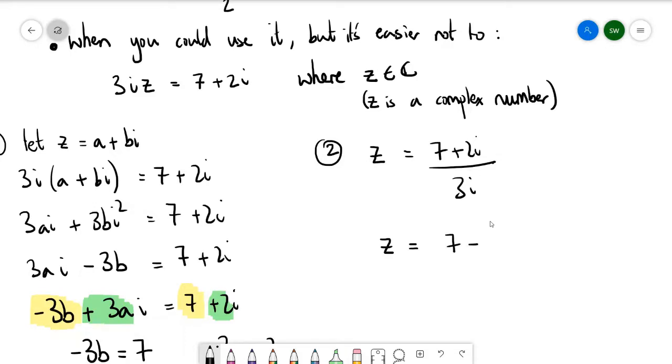The complex conjugate of the denominator is minus 3i. Just change the sign of the imaginary part. If you prefer, you could think about that as 0 plus 3i, so the complex conjugate is 0 minus 3i. Change the sign of the imaginary part. So if we times the top by minus 3i and times the bottom by minus 3i,